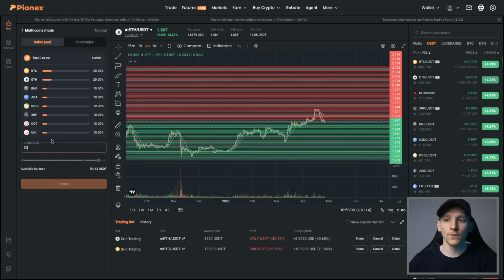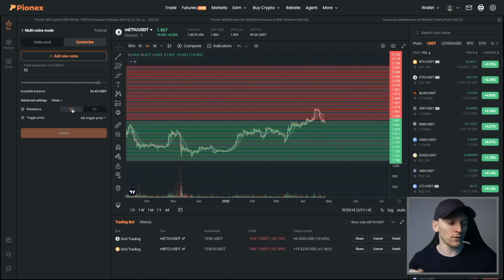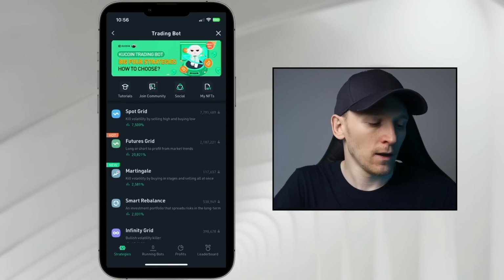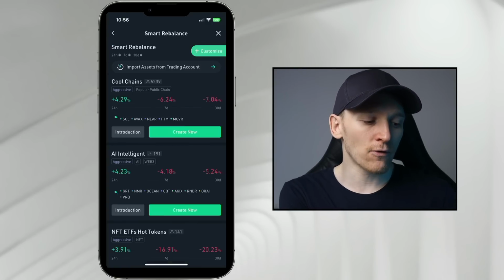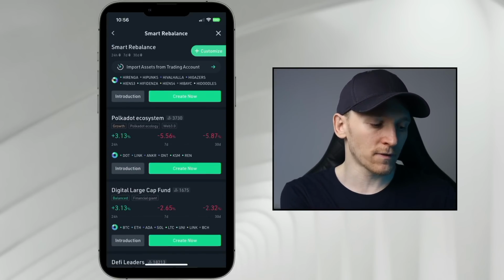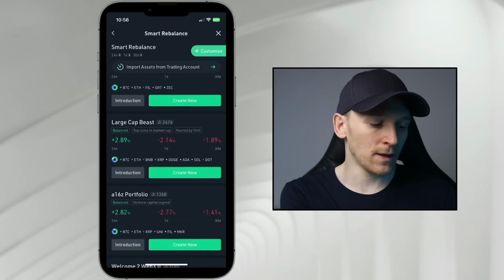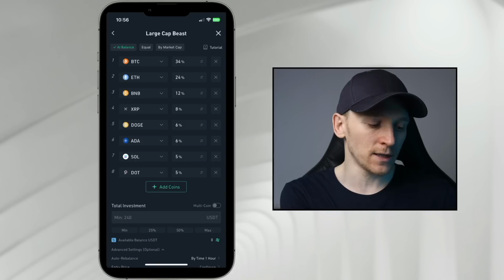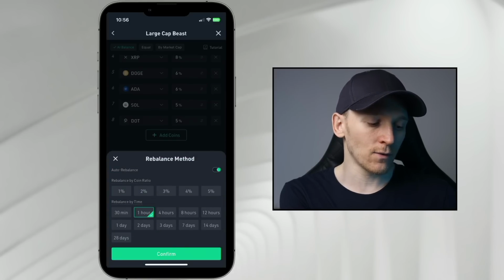to buy coins that aren't doing well. Also with the customization right here, you can go to advanced settings and you want to make sure that you're not rebalancing too often. If we actually go over to KuCoin, you can see their smart rebalance bot. It rebalances very often. So if we go to some index right here, so we'll go to the large cap beast and we look at the top coins essentially. If you go down to the settings right here, the auto rebalance, it says, do you want to rebalance every